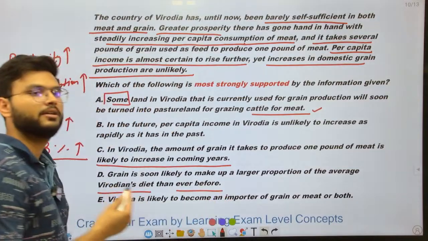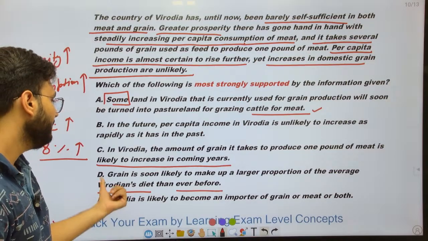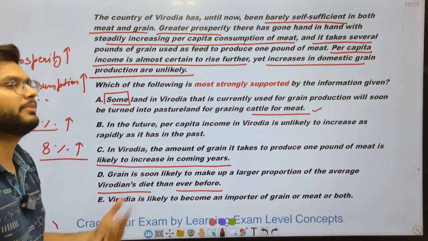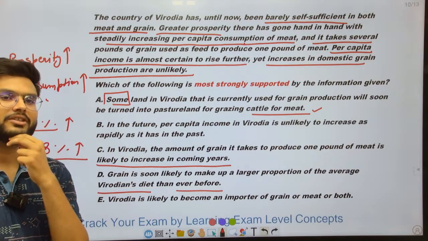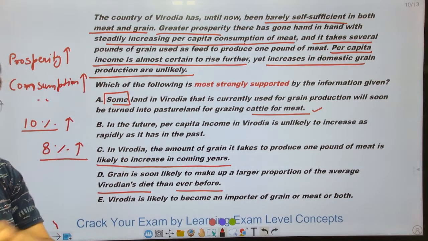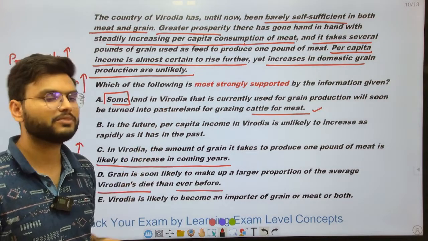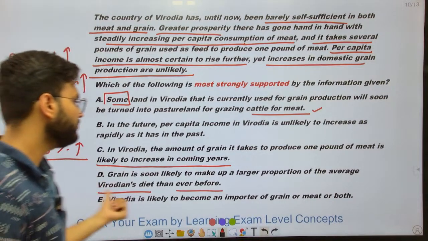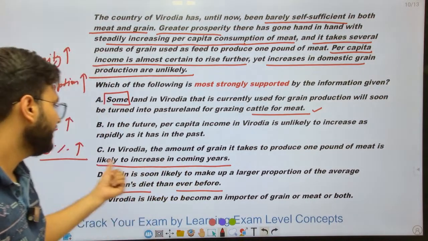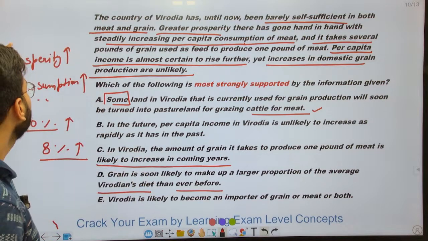but grain production is not increasing. It might be possible that it takes the largest proportion, but you are not increasing the domestic grain production. Then how will you satisfy their needs? How will you tell that their consumption needs, per capita consumption, are going to work? I cannot say. It is possible that this might become the larger proportion, but what about this relation which they